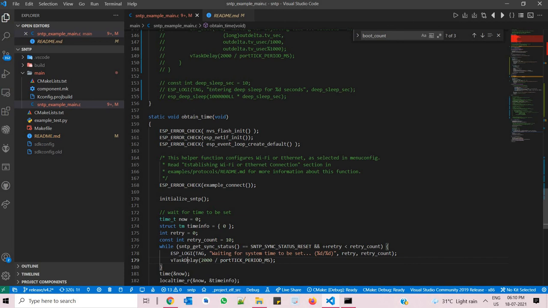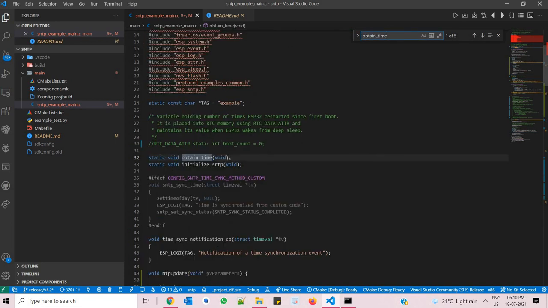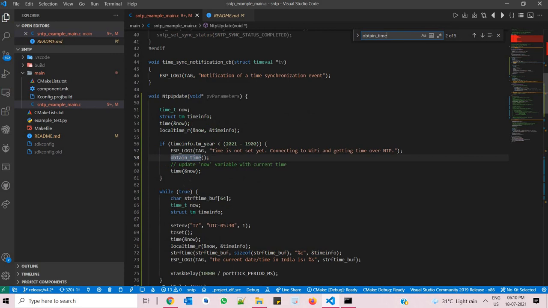Now after obtaining the time, let's see. After obtaining the time, update the now variable with the current date and time. This is the now variable which provides the current date and time. We are assigning the current date and time to the now variable.